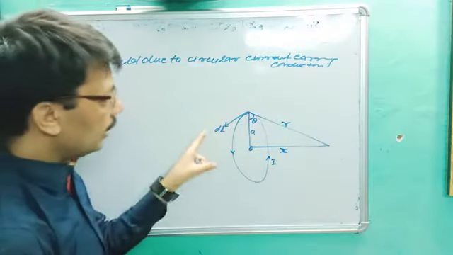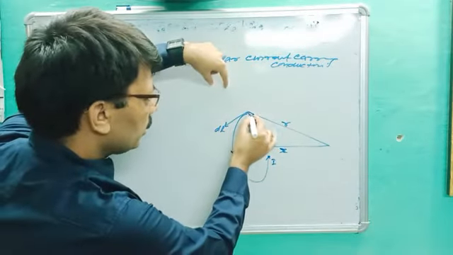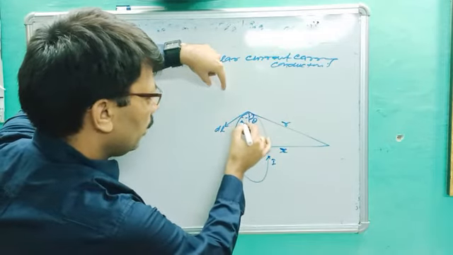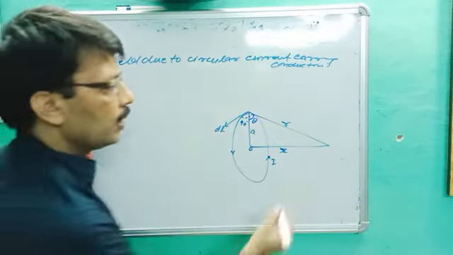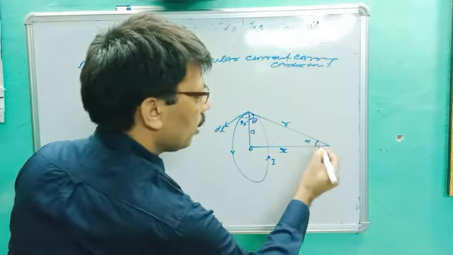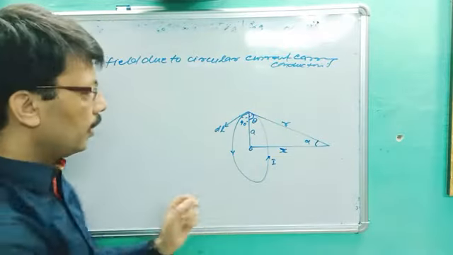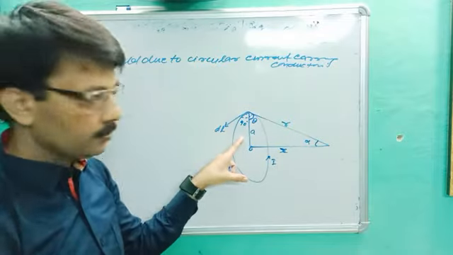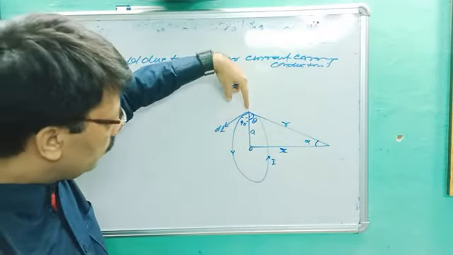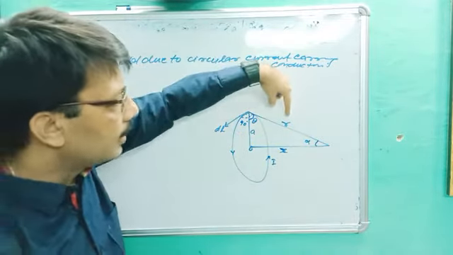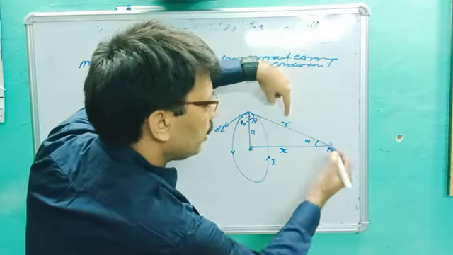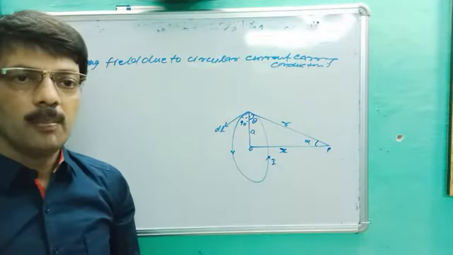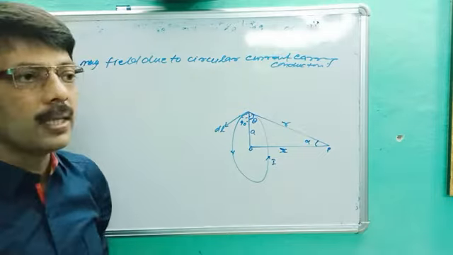So this is dl, this is r, and no doubt this angle will be 90 degree. Let's suppose this angle is alpha. So according to your question, it is a current carrying circular coil with radius a, from line element dl, at r distance a point, let's suppose this point is P, at which we are trying to find the magnetic field.